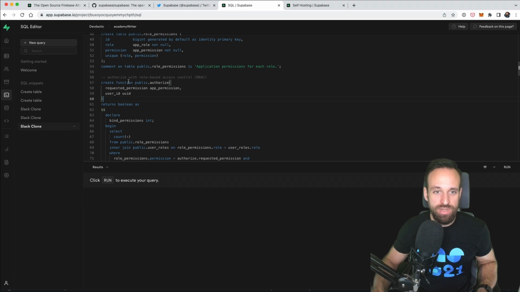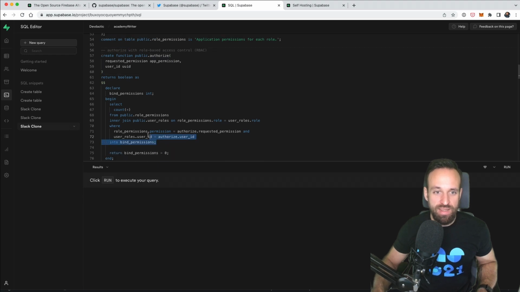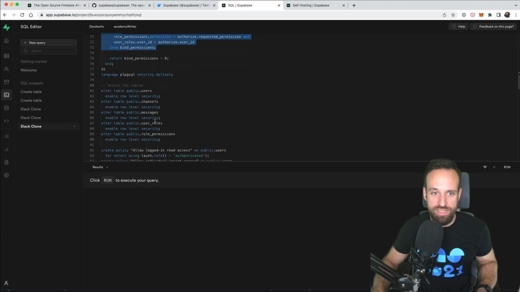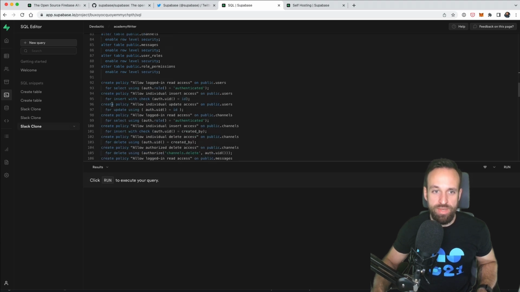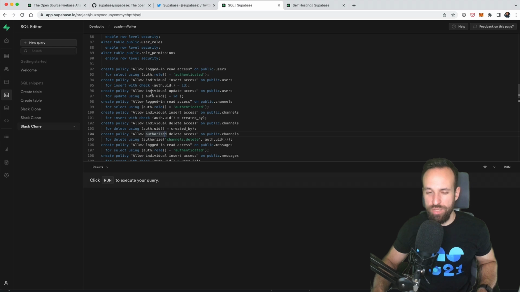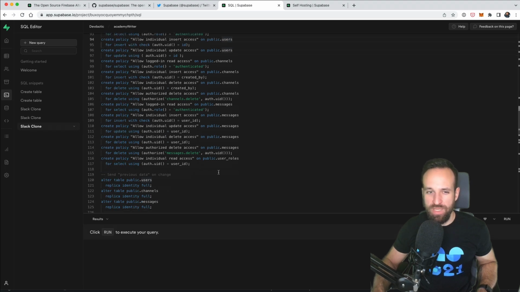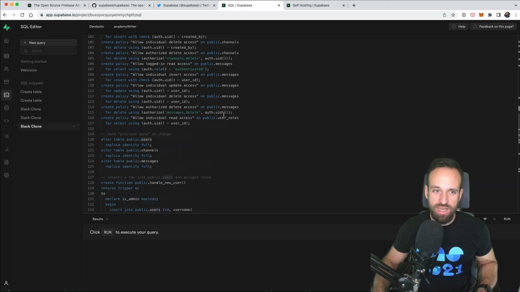Where is it? Authorize the role based. Yeah, that's last. I guess this is close to row level security. Oh, here we got it as well. Create the different policies, which user can access which data or which row. It's kind of good, but at the same time, it's also maybe a bit complicated for new users.